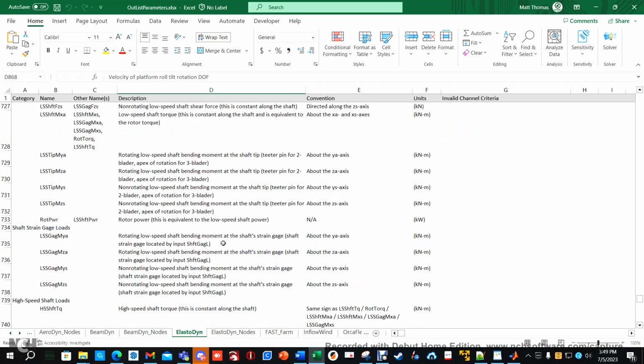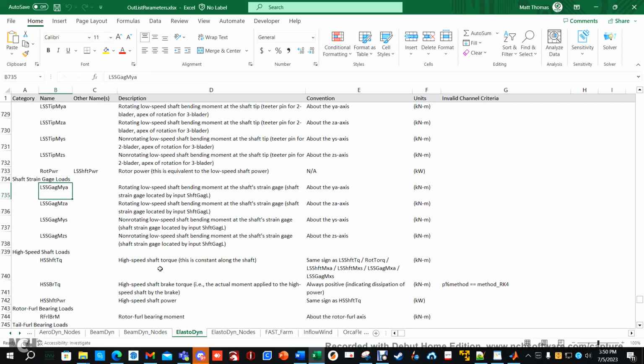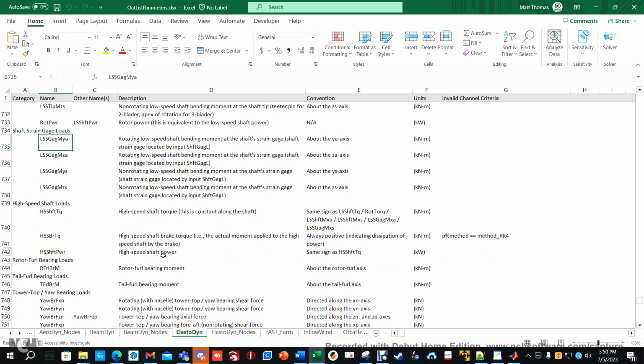So, rotating low speed shaft bending moment is this one right here that I put in. High-speed shaft torque, kilonewton meters, that's a moment. Oh yeah, torque, duh. Power and kilowatts. So let's take this one, double-click it, Control-A, Control-Copy, and then minimize,